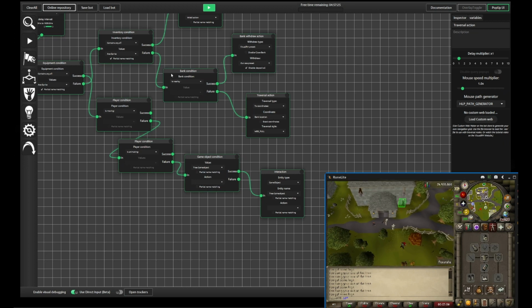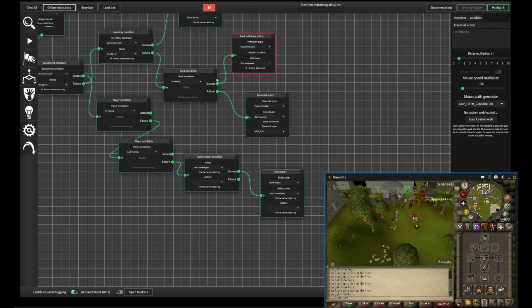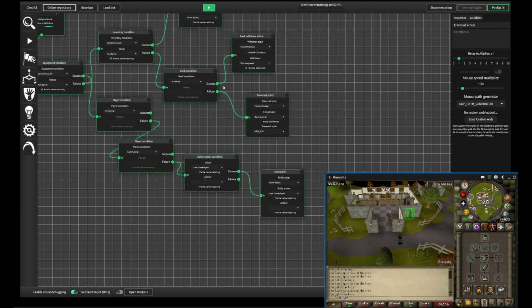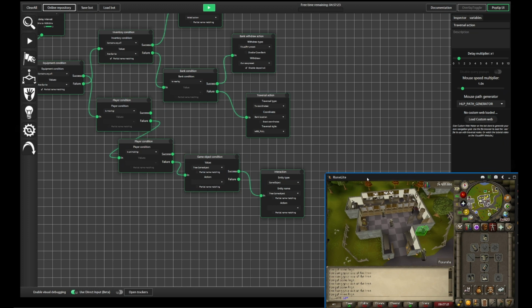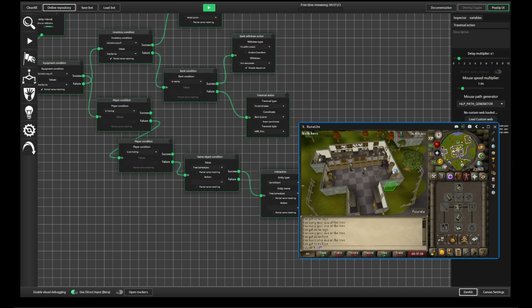I think it will just say that there is a nearby bank, so we can't really test this right now. So yeah, there's a nearby bank, and it will find. But these traversal conditions and actions can be used for every purpose. For example, if you need to go to a certain place to chop your trees, you can use this first. Another way to acquire coordinates, for example, if you're not interested in the coordinate you're located on, but the coordinate